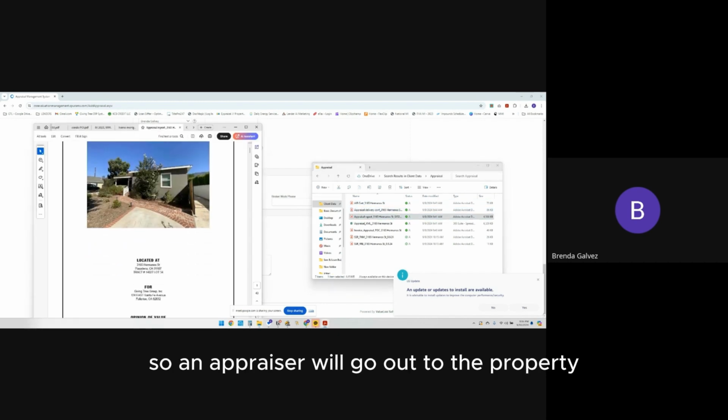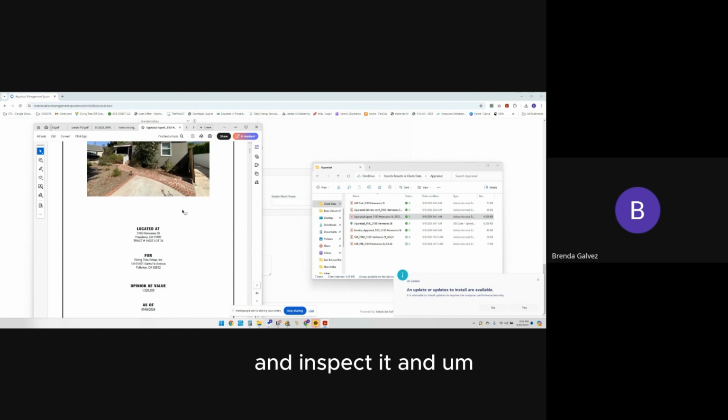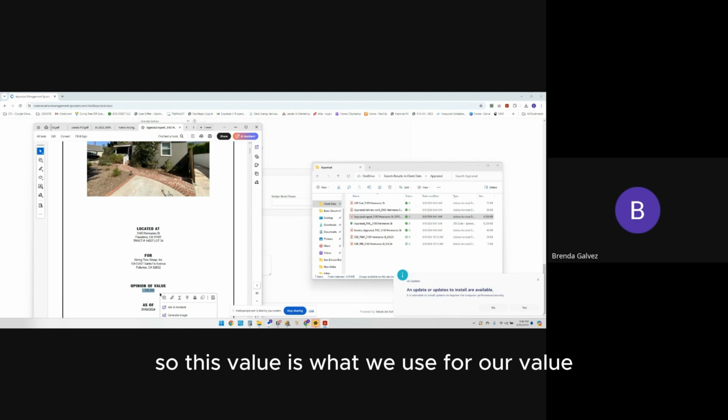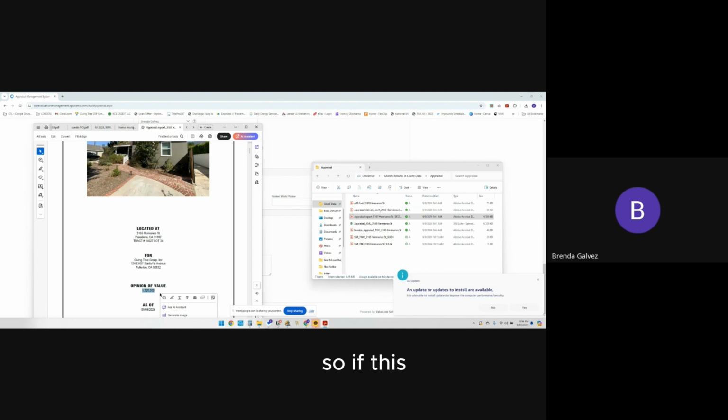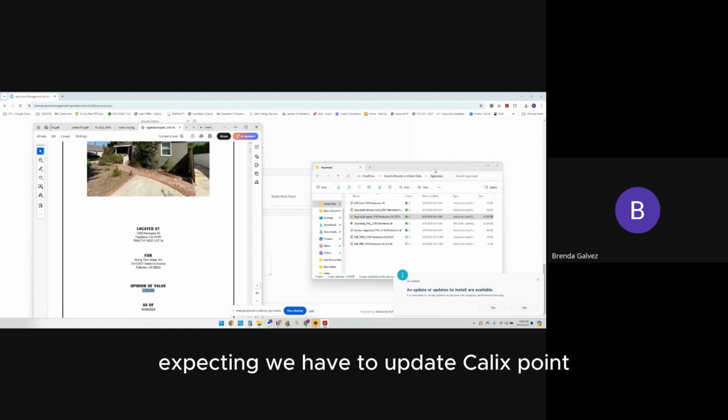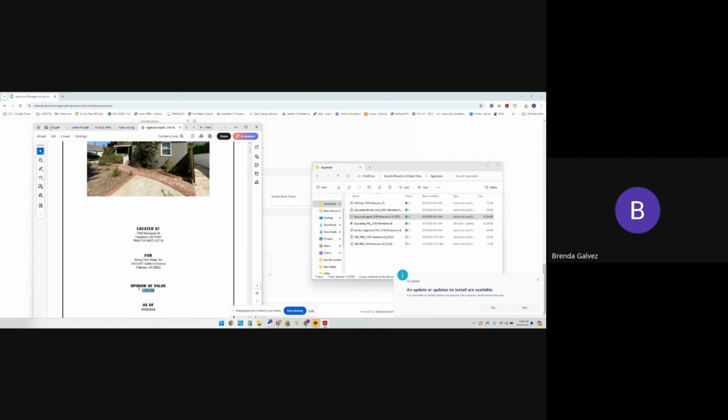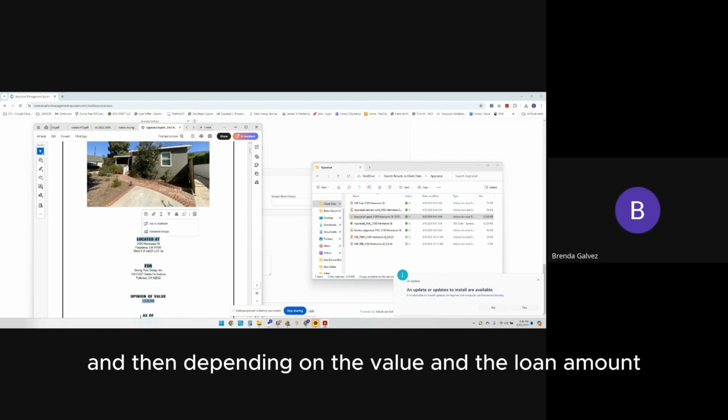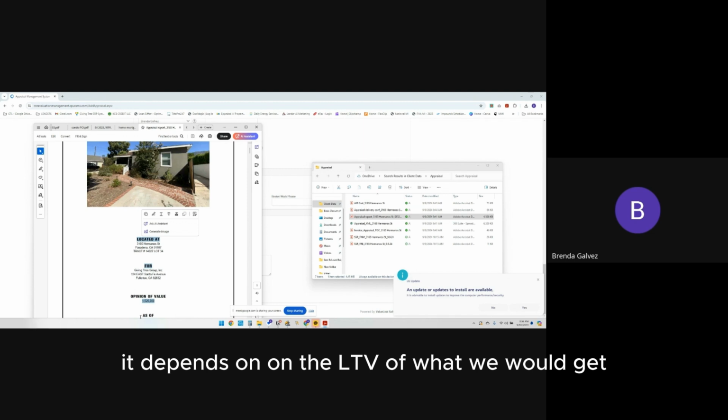So an appraiser will go out to the property and inspect it, and they will give us a value. This value is what we use for our value. So if this number comes in lower or higher than what we are expecting, we have to update Calyx Point. And then depending on the value and the loan amount, it depends on the LTV of what we